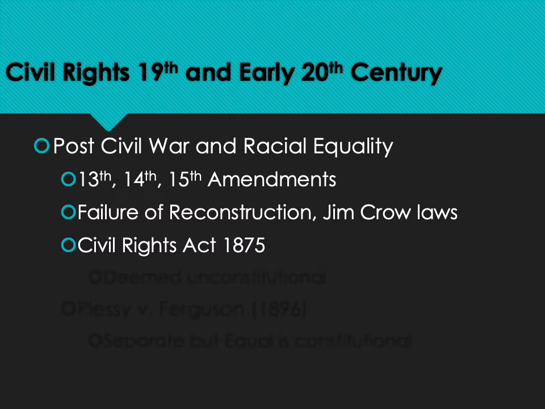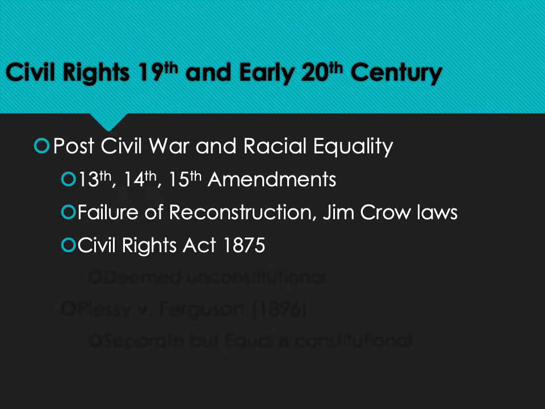Following the failure of Reconstruction, and you'll read about this in the textbook, there was the passage of the first Civil Rights Act of 1875. The Civil Rights Act of 1875 was a law that attempted to protect Blacks from discrimination in public accommodations. So sort of similar to the civil rights law that we have today, the Civil Rights Law of 1964. This basically said that discriminatory treatment in hotels, theaters, and other public accommodations was illegal in the United States.